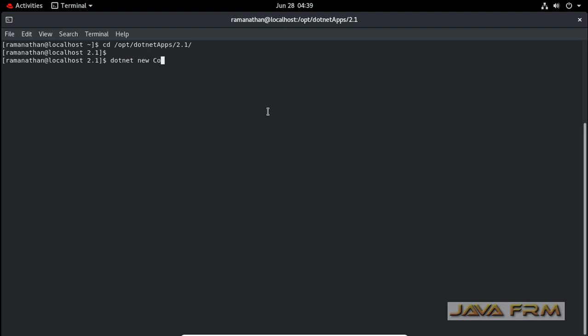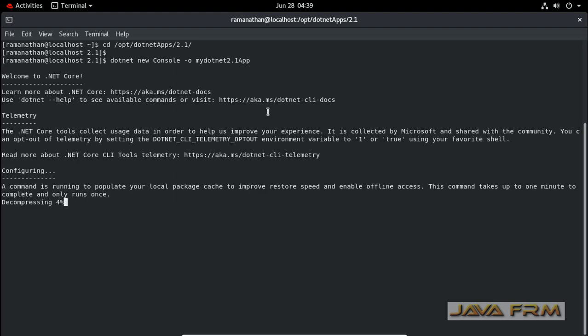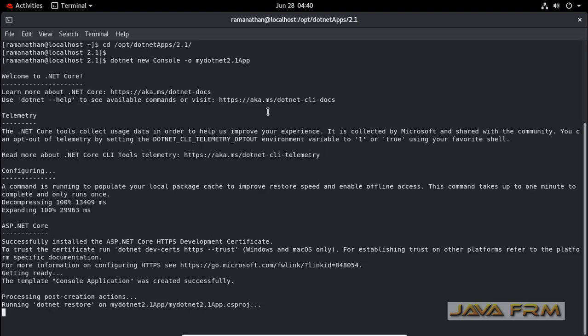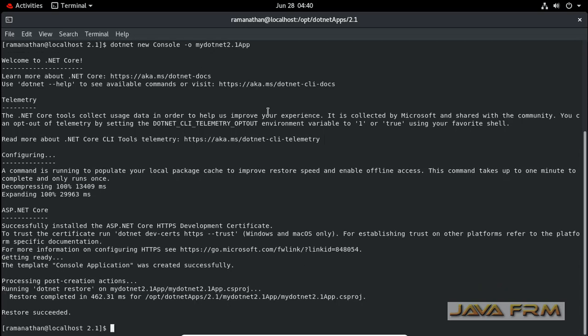So now I am going to create one simple console application. So this is the command to create a simple console application. So this is a C# application. Yes, so I have created a simple console application.